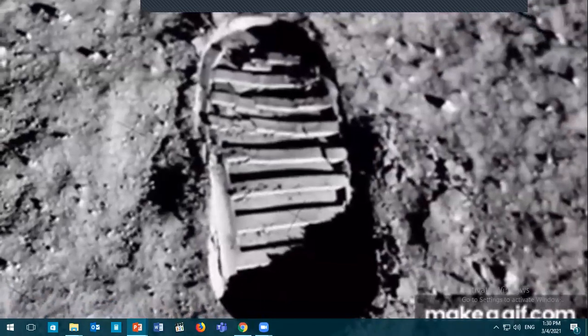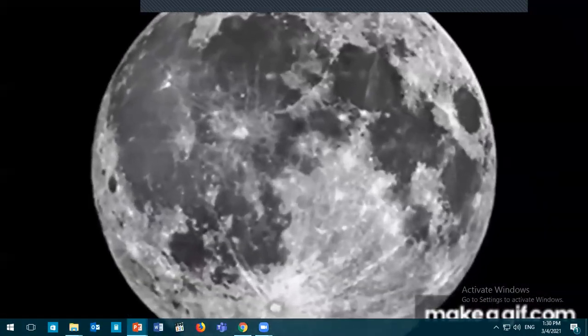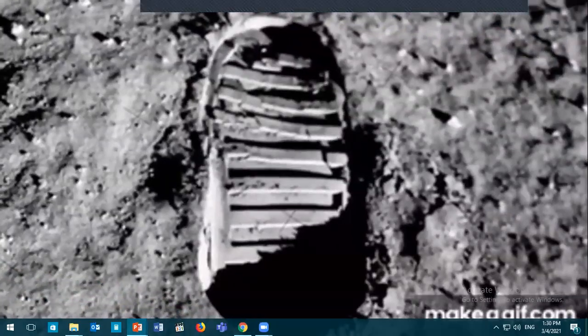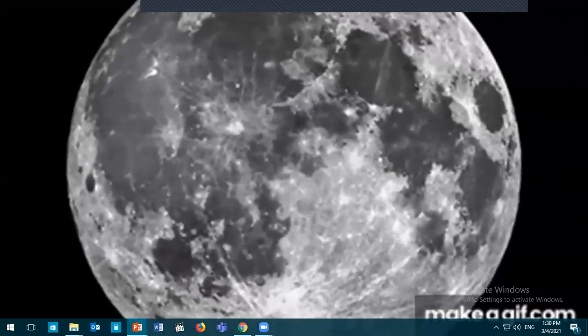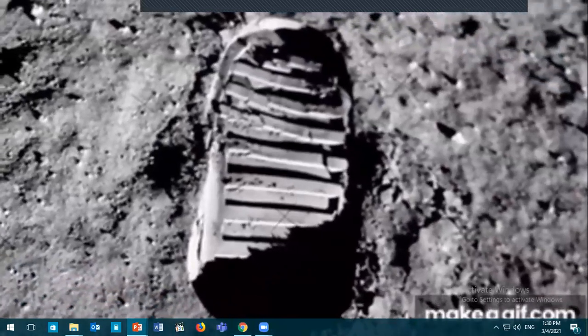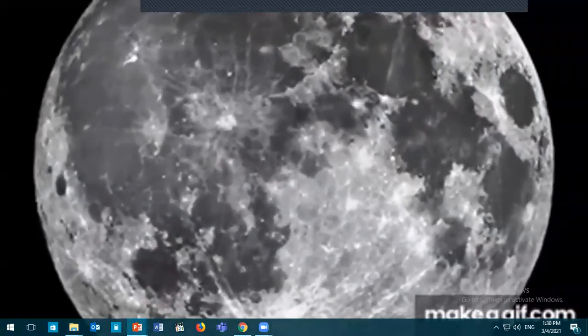I really don't know the numbers, unfortunately, but I think it's been a lot, because now you can go to the moon easily. The first was Commander Armstrong. He was the first man to step on the moon. His name was Neil Armstrong. Yes, he was an American man. So again, even those footprints can stay because there is no wind to move the sand away or change the shape